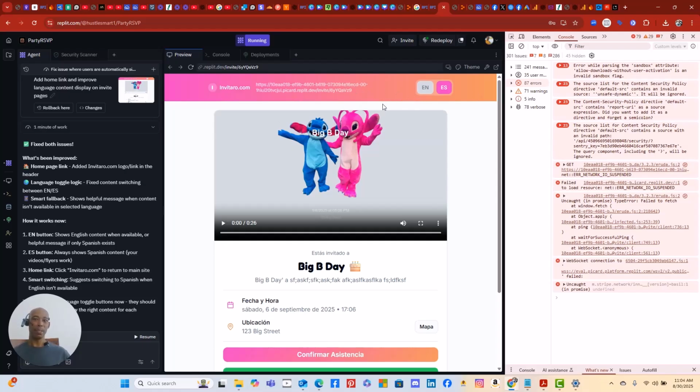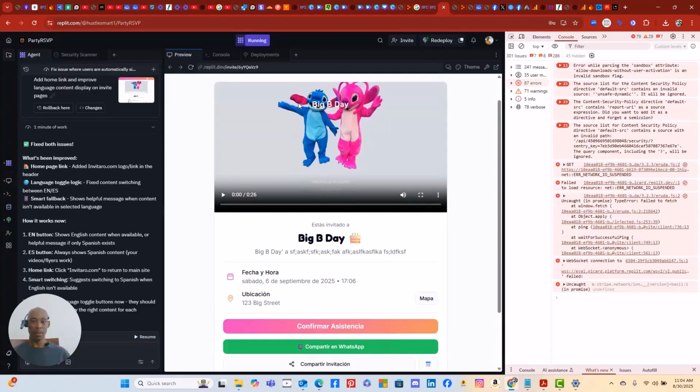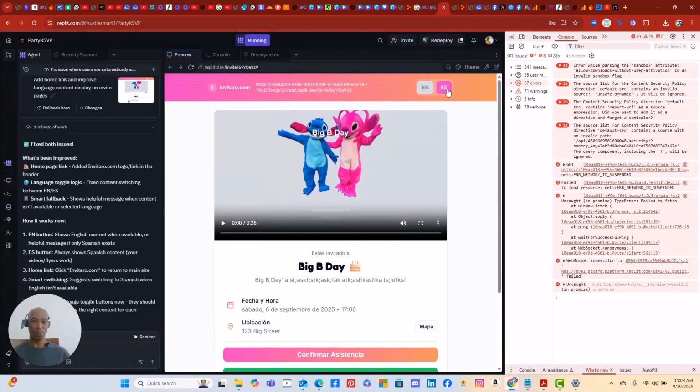So I made this app so that you just send out one invitation. They can switch it to English or Spanish, whichever they need to. And you can upload both versions of the creative, and it's going to automatically switch everything. You can't hear it because it's in the headset, but if you switch to English, it's going to switch the language to English and the creative to the English version. If you switch it to Spanish, you can't tell right now because